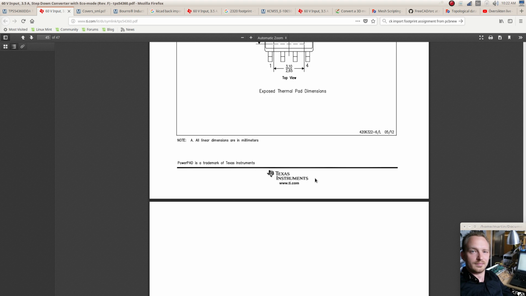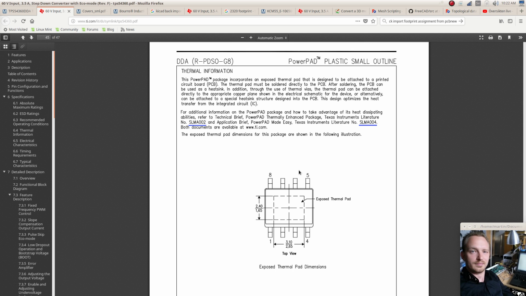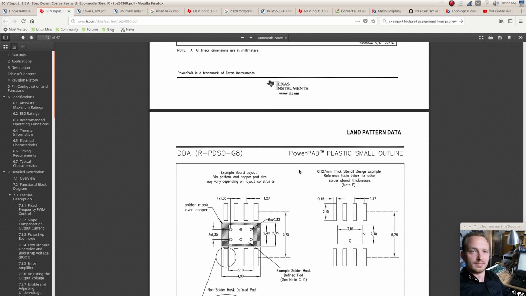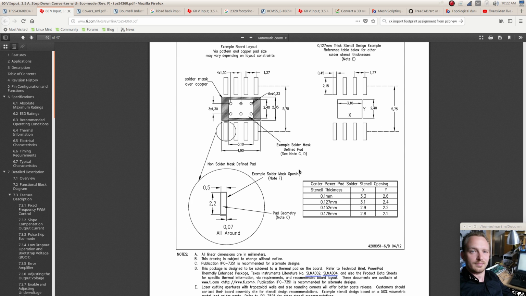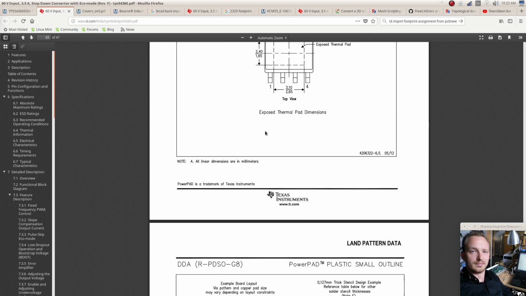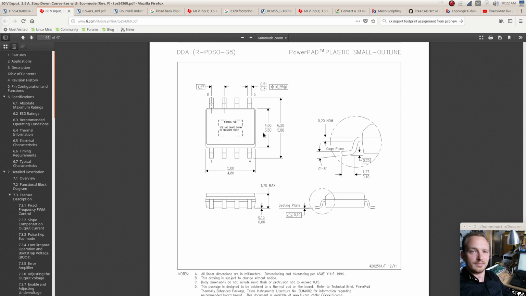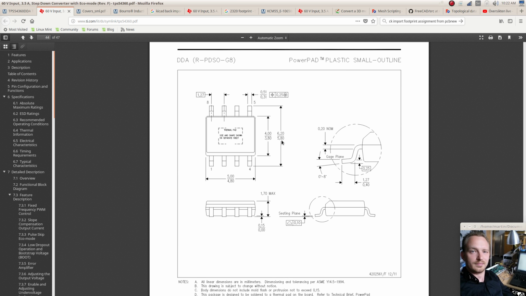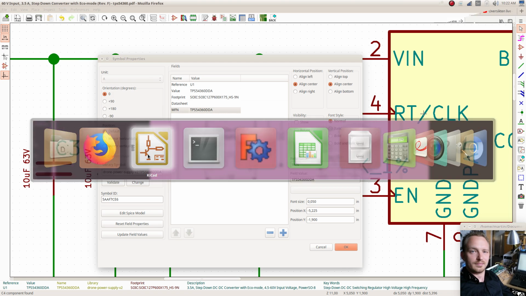In the package section. So this is, let's see the size of the chip. Here it is. So this is like 6.2. Okay, well, obviously then they mean the width pin to pin, but then let's see